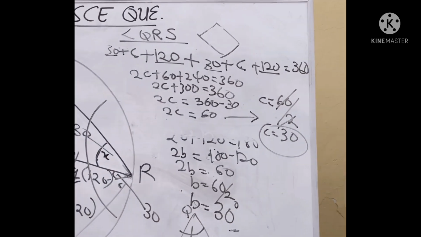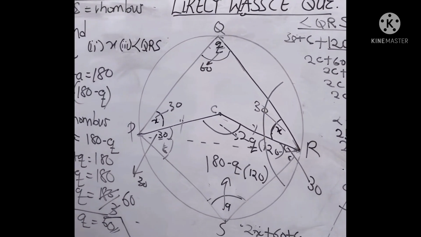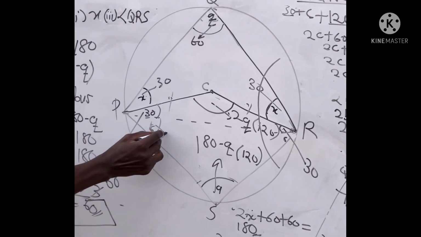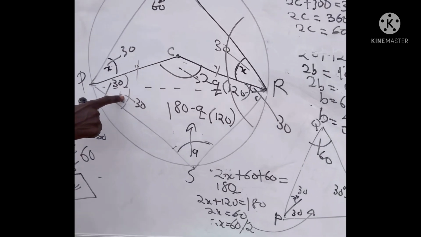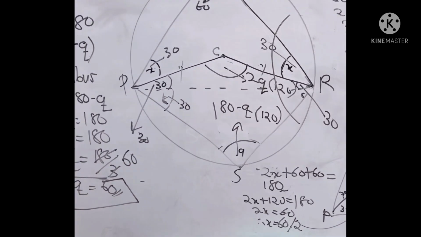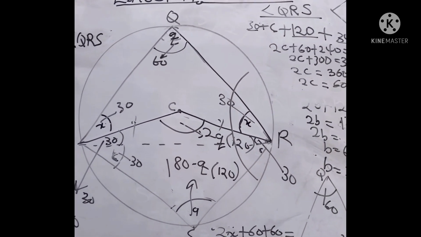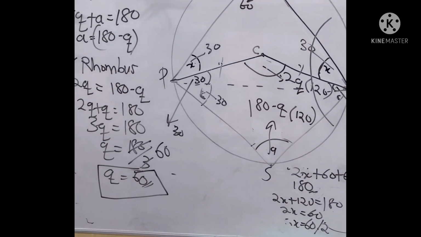So the angle here, we can say that the angle here is 30. If the angle here is 30, we can conclude that